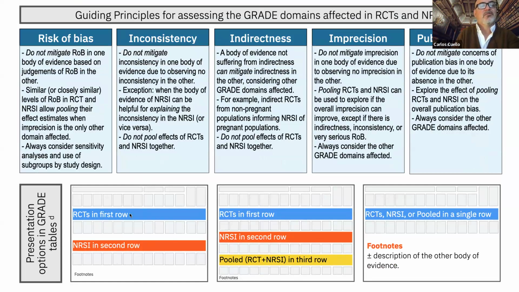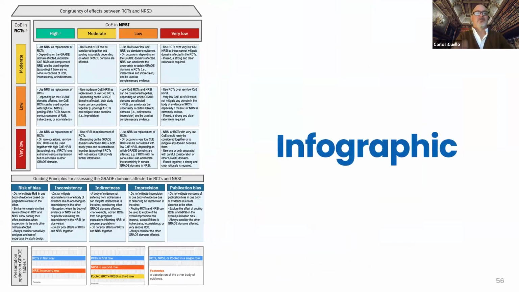So you can have both bodies of evidence together in a single summary of findings table or evidence profile, or if you decide to pool, that will be the rare case, you should put the two and the pooled effects. Or if you decide to use one single pooled effect, that is a rare situation, you should always put your description in that evidence profile or summary of findings table. So it's important to know that the situations where it is possible to pool will be rare, at least as it is now, and you should always be very, very wary of situations where observational studies are still